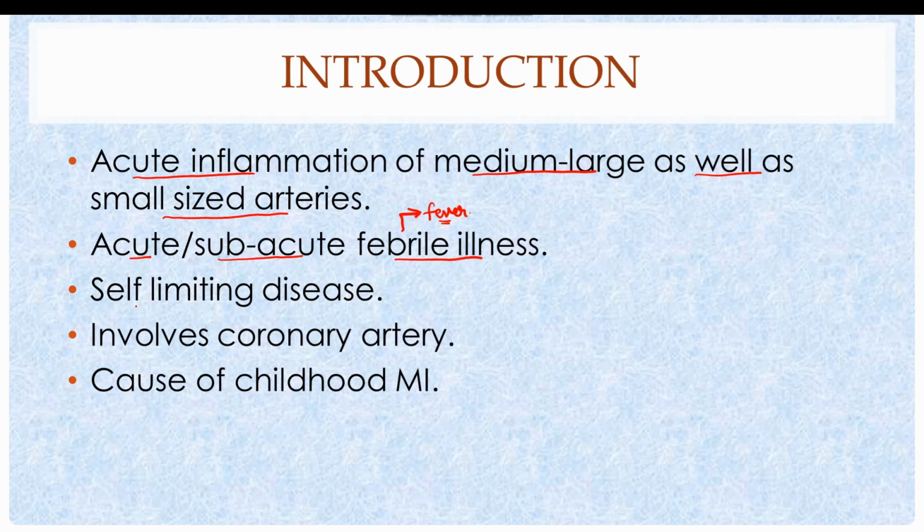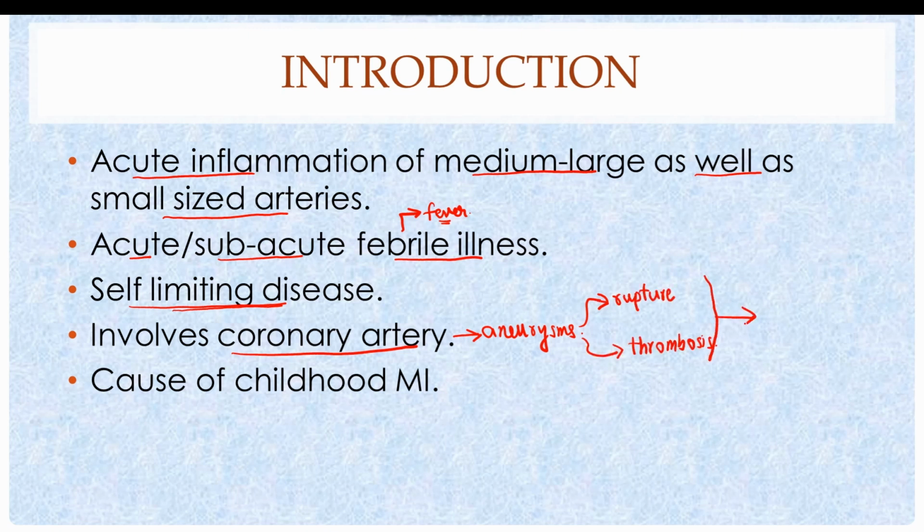The disease in most cases is self-limiting and the most feared sequel of Kawasaki disease is involvement of coronary artery. The disease causes weakening of coronary artery wall, hence predisposing it to development of aneurysms. These aneurysms can either rupture or they may cause thrombosis. In either case, the outcome is myocardial infarction, and the disease is one of the major causes of coronary artery